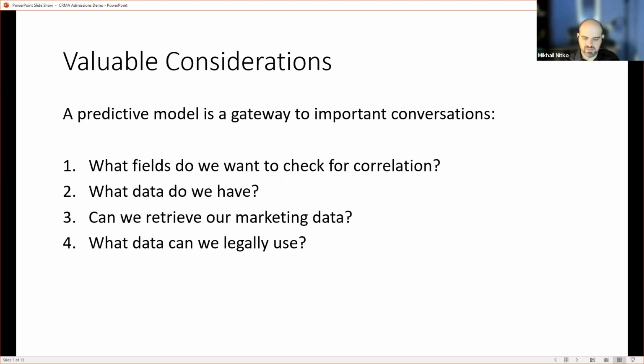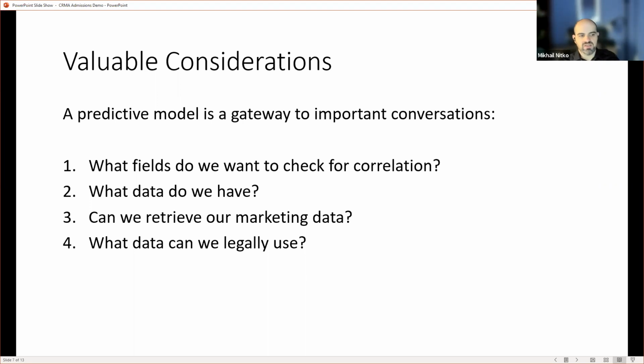If marketing data is the type of data that you want to check, for example, whether it changed how many prospects are coming to you, this is a way of measuring whether your marketing is actually moving the needle, and whether your interactions through marketing are correlated with a higher likelihood that a prospect converts into an applicant or a sale is made.